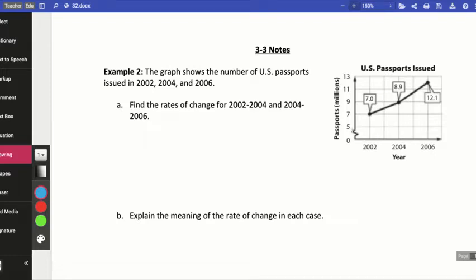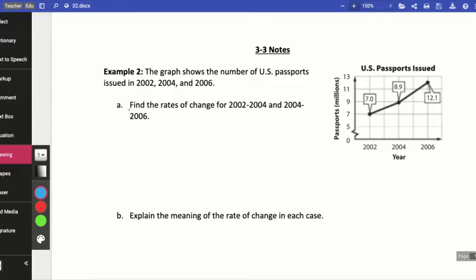This is important to note that 5 passports or 7 passports weren't issued in 2002. This was 7 million passports. Please also recognize that this symbol shows that the graph skipped the numbers 1, 2, 3, and 4, and it picked back up with 5. Sometimes when our data is all towards the top of the graph, it will skip those numbers and show this